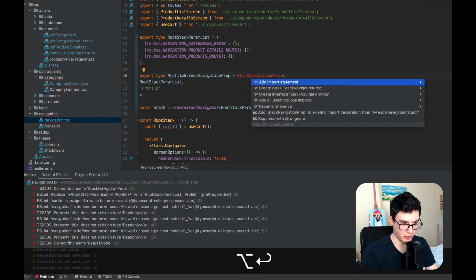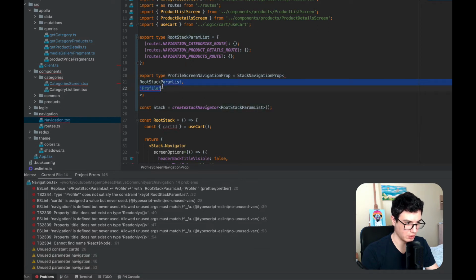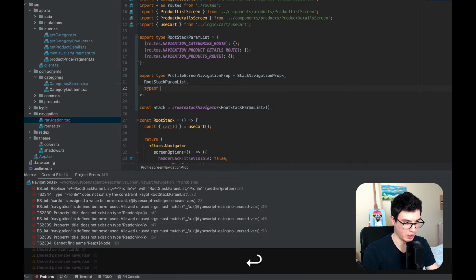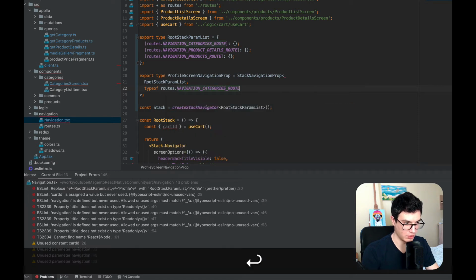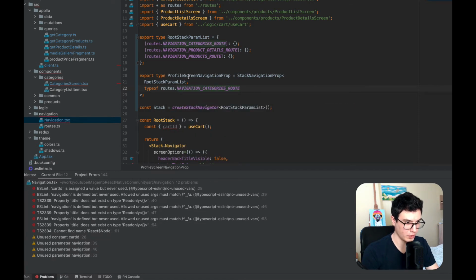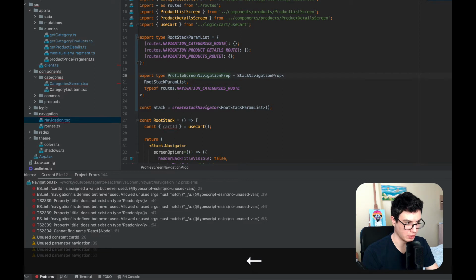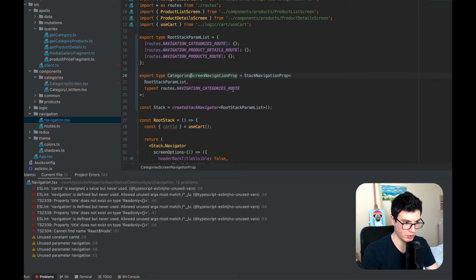We need to import from navigation stack, and instead of profile we'll use the type of routes, categories route. Let's name it categories screen navigation prop,